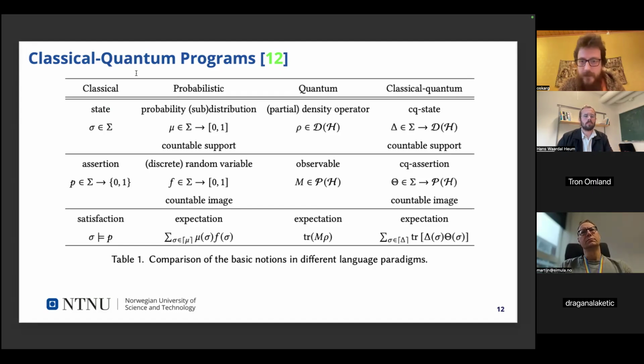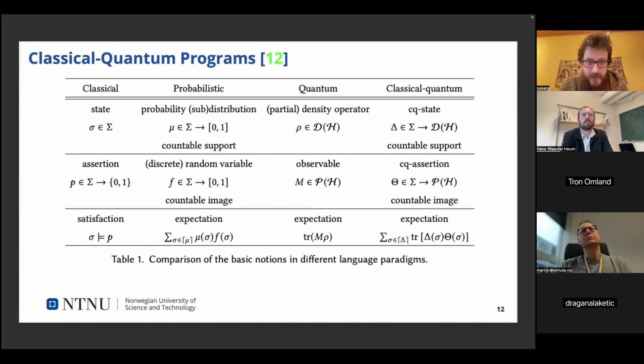So you can conceivably at least simplify your results and proving process by considering classical quantum programs instead of considering just quantum programs and then doing some reduction between them. All right.